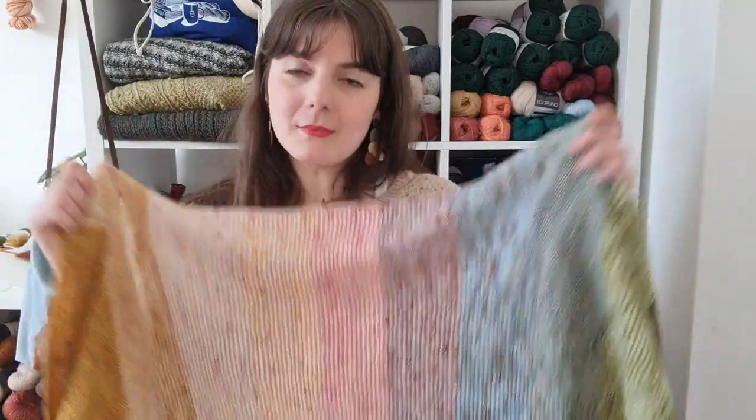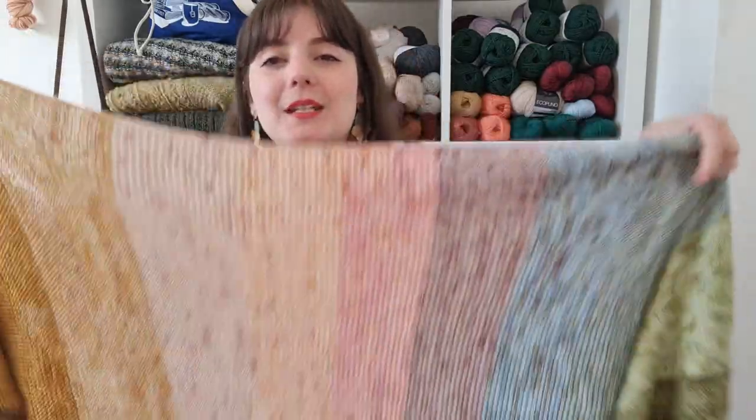And I really liked how cheerful all of those colors were. It's really easy to tell what sort of mood I am in depending on the colors that I knit. I would have been a terrible spy, because you can instantly tell how I feel. If I'm knitting bright, cheery colors, it means I'm not doing so great. Whereas when I'm knitting more neutral tones or more darker colors, it means I'm okay. So yeah, I really wanted to knit this beautiful,